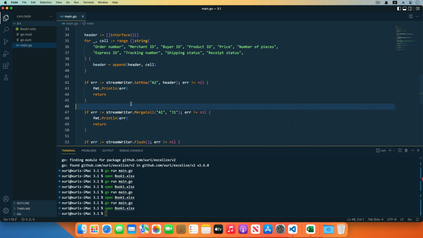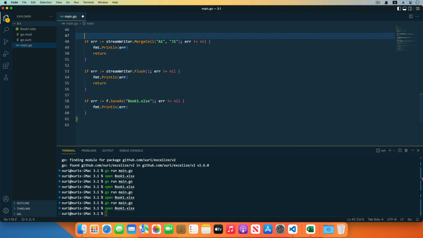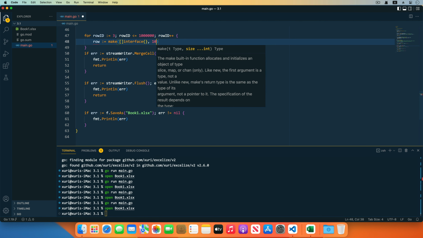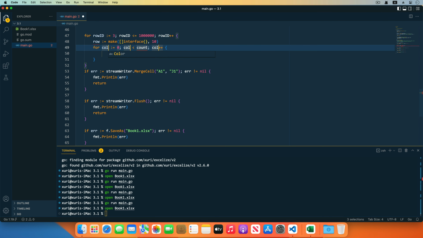Next, generate and write huge amounts of data from the third row to 1 million rows of the worksheet. Get the row ID in the for loop, and define the variable row for the values of the cells that will be written on each row, which contains 10 cells each row. Fill the array with random numbers.